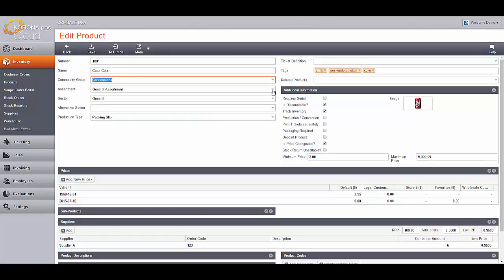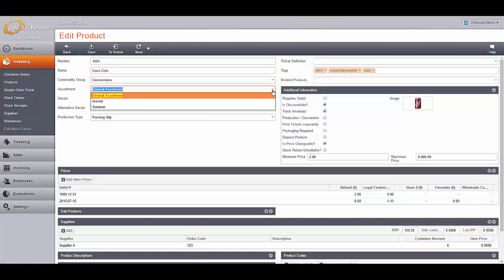The assortment is a unique but truly powerful way to categorize items. It allows you to categorize items based on how you order the item. Good examples for assortments are seasonal item categories, such as spring or fall assortments. Another example is a slow seller assortment, containing items that you would like to discontinue. Corona can even do the work for you and move items into new assortments based on rules that you define.